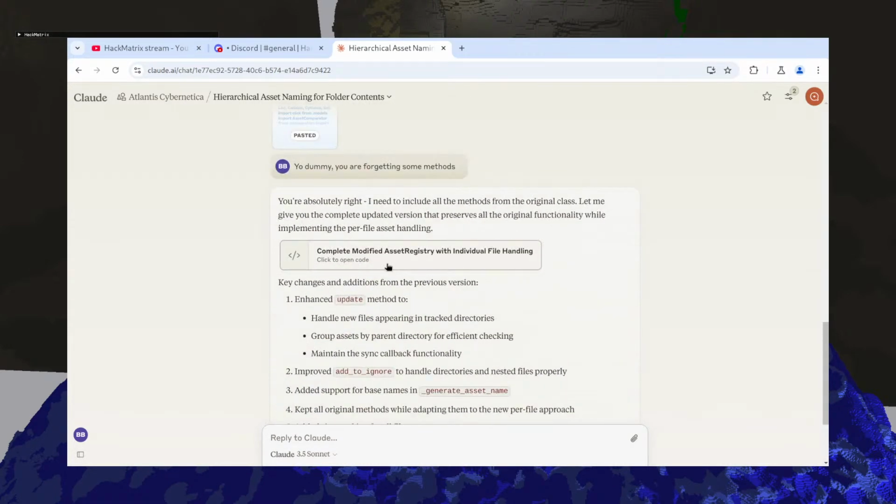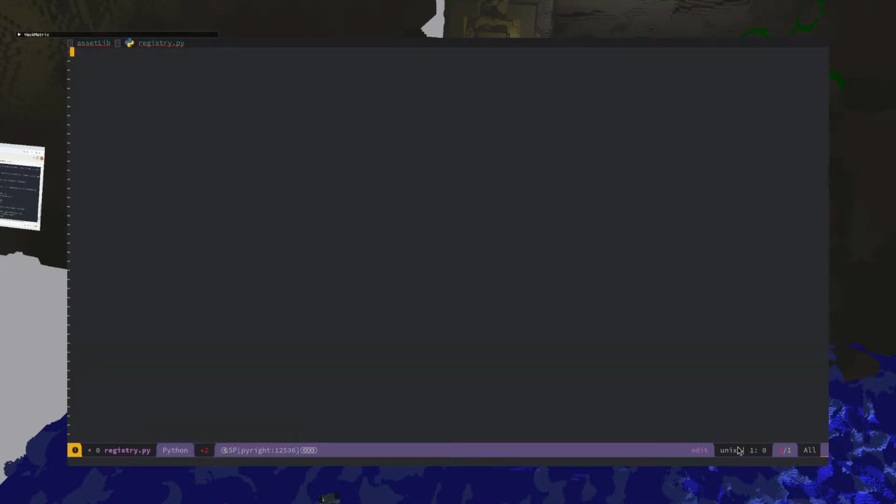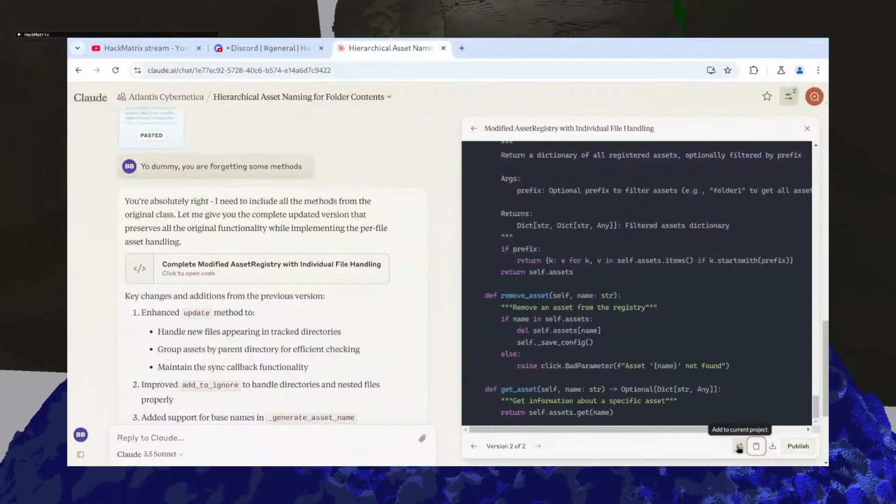Okay, so it's this. So I'll just copy this and go to number 1. Oh man, I have to, oh no, what? Oh, that's cool. That's really cool. I can just add it to the project. Nice.